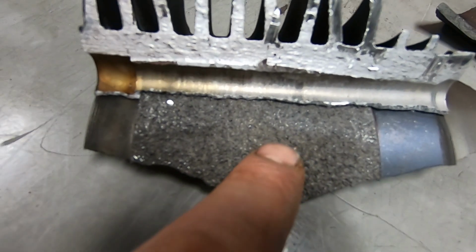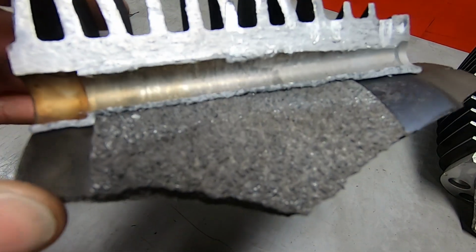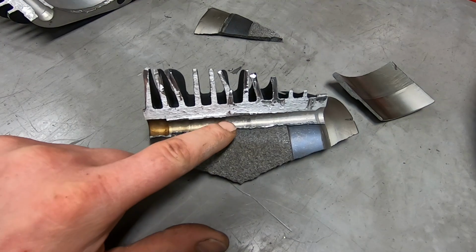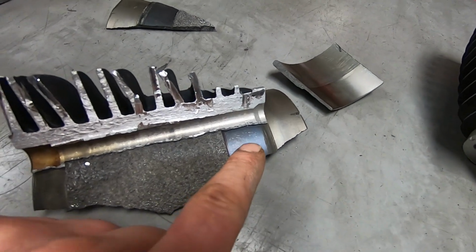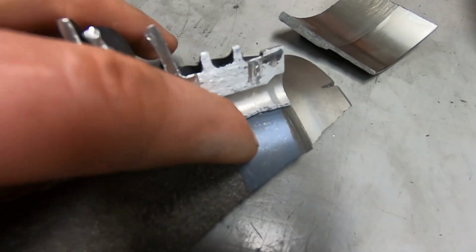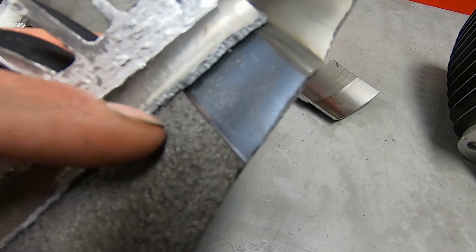And it's funny, you can kind of see this roughness. Hopefully that comes into focus. This roughness is the main engagement to the aluminum of the cylinder itself. And then there are these thin spots that are kind of just barely attached. It really just has a very fine, come on, focus. It has a very fine,